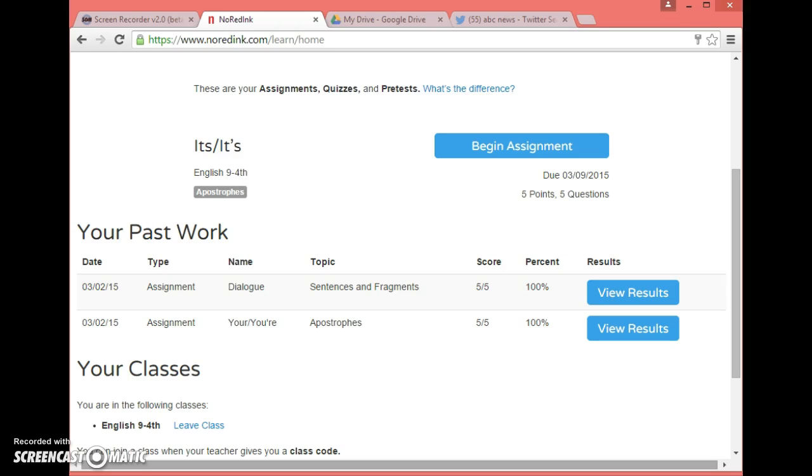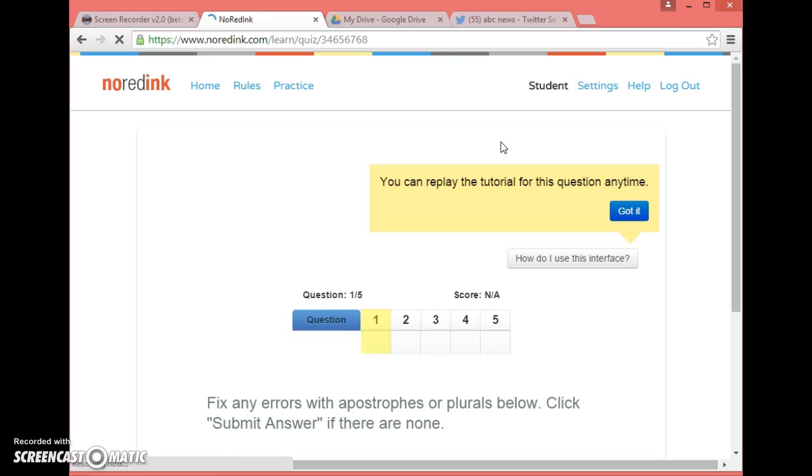The first Web 2.0 tool that I'm using is called No Red Ink. This is the page that the students will see when they first log into No Red Ink. And you can see if they have an assignment, it's located right in the middle of the screen. All they have to do is click on Begin Assignment. When they click on that,